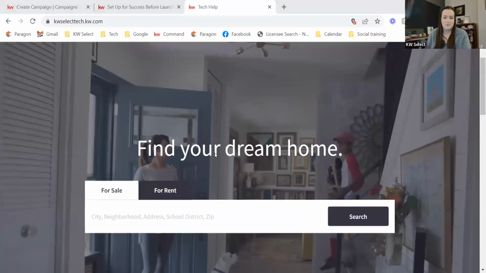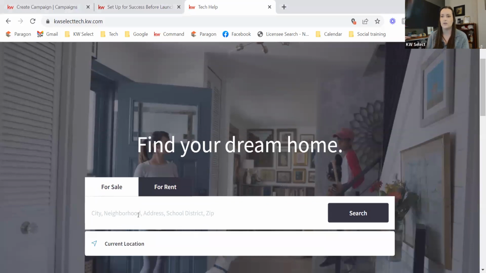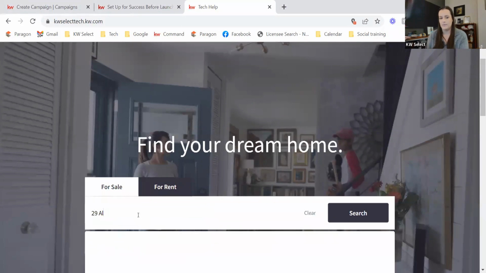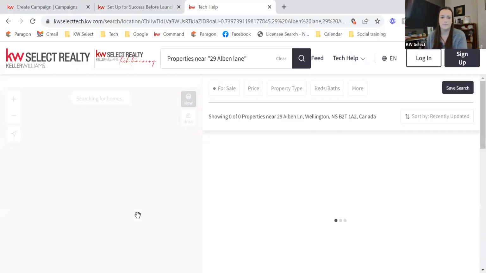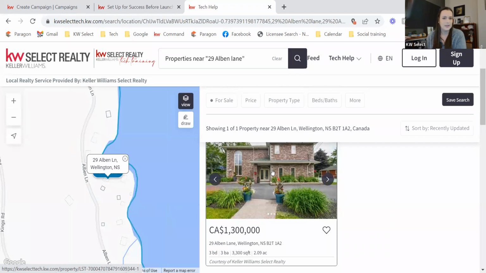So I'm on my agent website. And this will work even if you have another website, if you built your own custom site or have one elsewhere, or you don't have a site and you're just going to use KW Nova Scotia, you can just go to that site and you're going to search for the listing. So search for my listing. Here it is here. I'm going to click it to